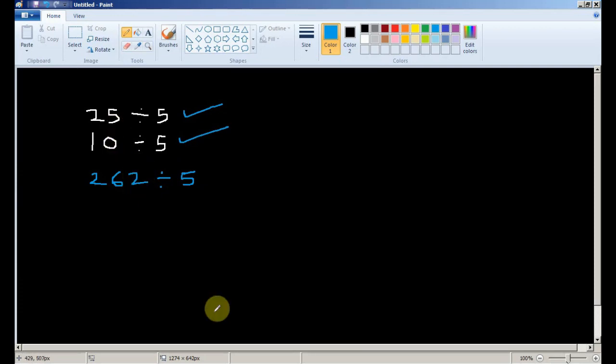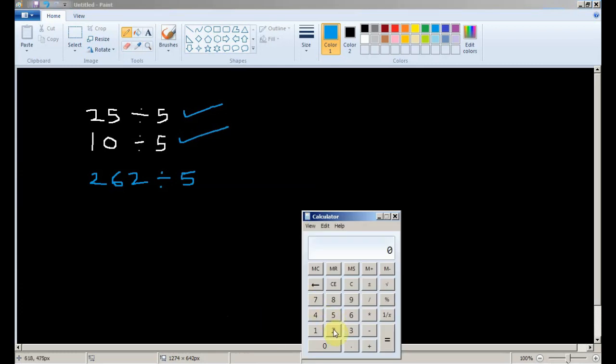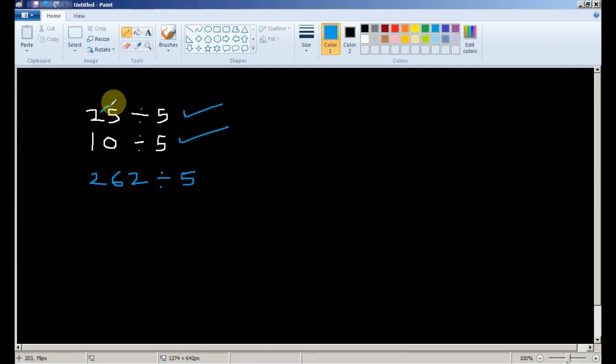If it is not 5 or 0, you can divide 262 by 5 and you get a decimal. So it's not perfectly divisible by 5. The ending must be 5 or it must be 0. Only then is it perfectly divisible by 5.